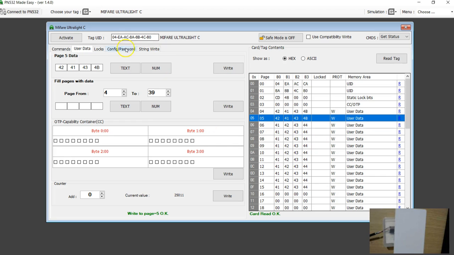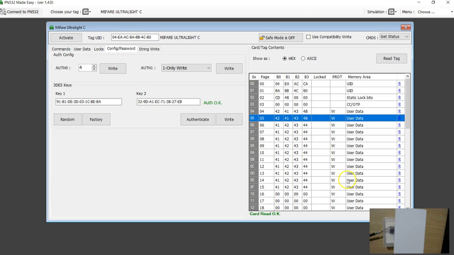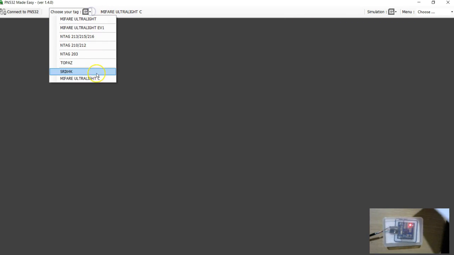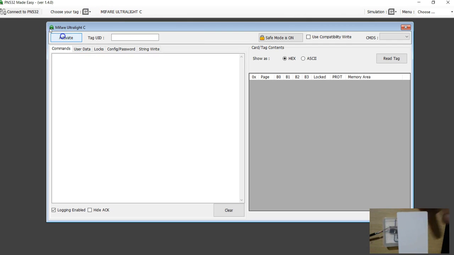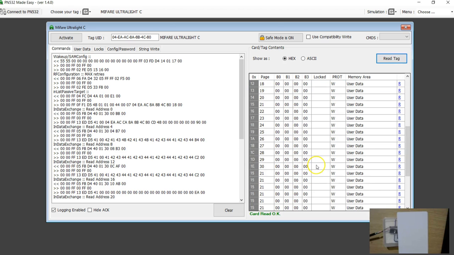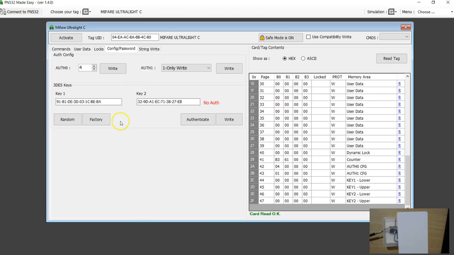Because we have authenticated, all the write operations to protected pages can be done. And you have to keep in mind, it's not only for the user data. Here even the password pages are protected. You can't just reactivate this tag. Now this is no more a brand new tag because we already configured the tag and we have protected page number 4 onwards. And if you try to change the password,